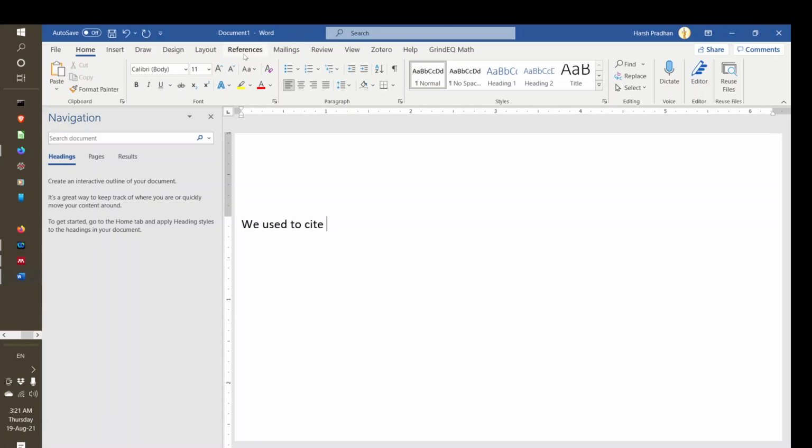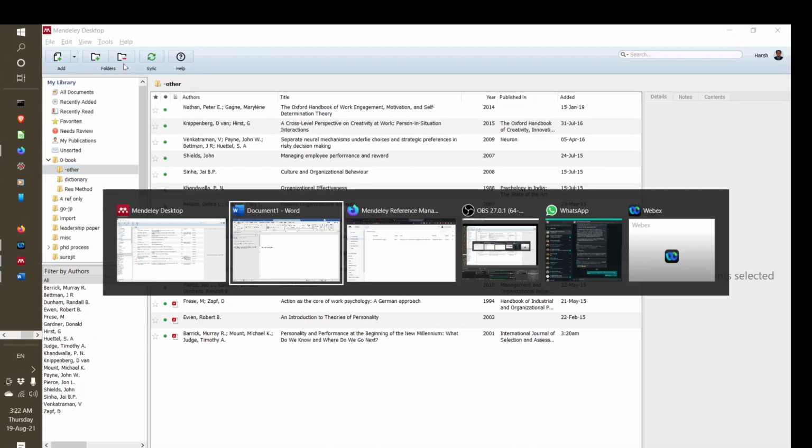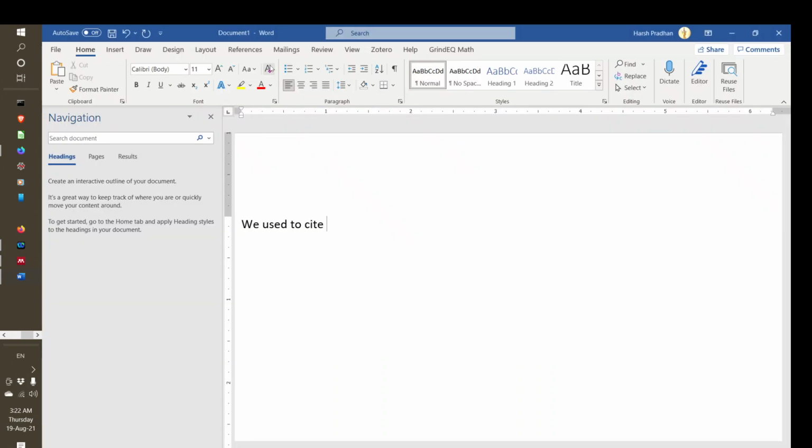Those of you who know Mendeley can go here and install. Right now it shows uninstall, but you will have the option to install web importer and install the MS Word plugin. If you click the MS Word plugin, the plugin will get installed. I already have it installed, hence the option of uninstall is coming.